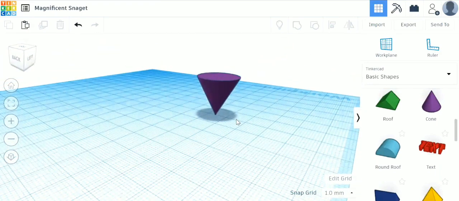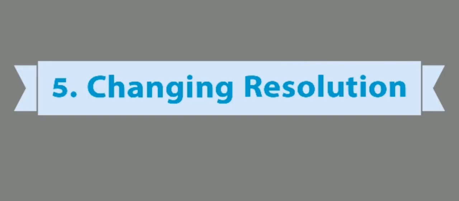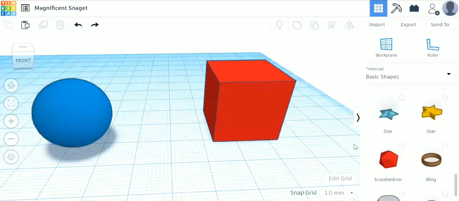Now the next thing we are going to go through is how to change the segments. When working on Tinkercad, you may notice that many of the shapes have rough surfaces.